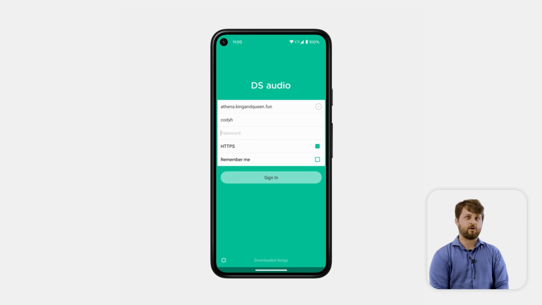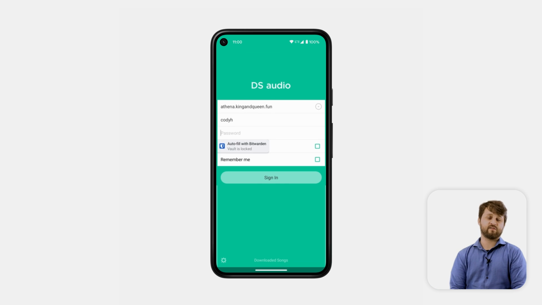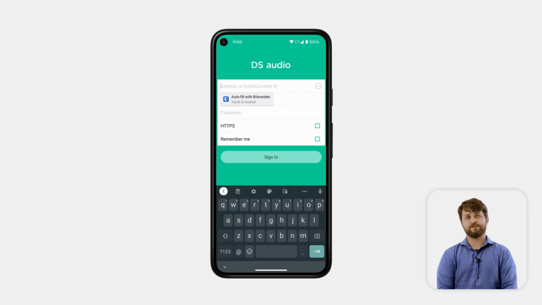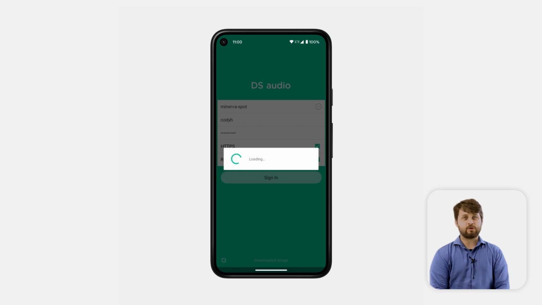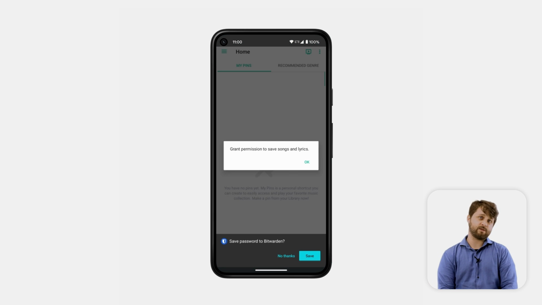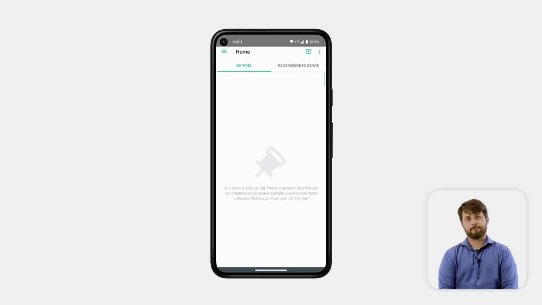Now we're going to type in our Quick Connect address for our NAS. That is, of course, Minerva-Spot, as we've discussed previously. And we're going to type in our credentials to log in to that NAS. So once we finish typing in our credentials and log in, we're going to be able to see that music collection that we created previously whenever we were actually interacting with AudioStation directly.